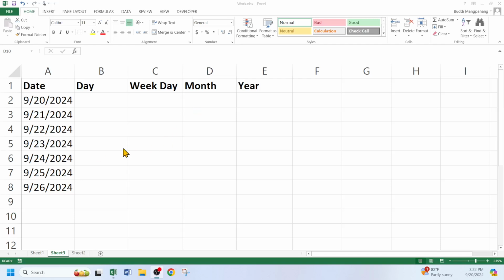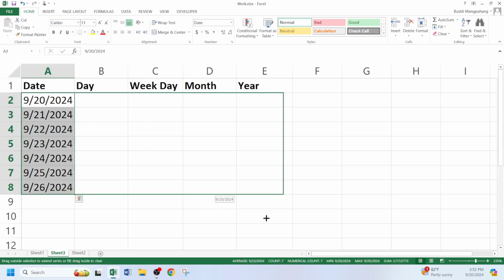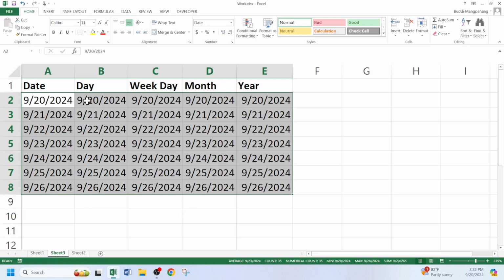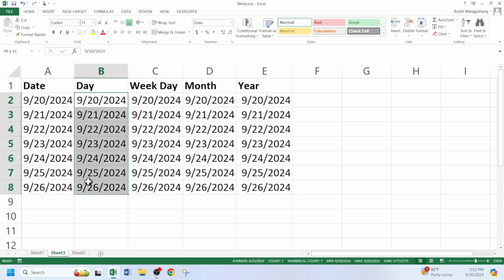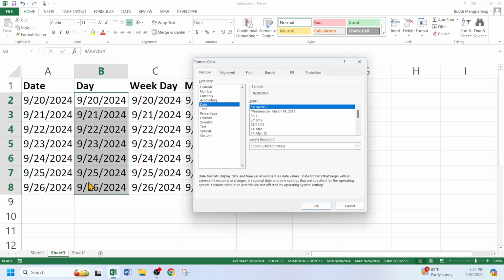Today we're gonna learn how to format a date that shows only day, weekday, month and year. So select the data, drag it to the right. Now select the date of the day column, hit Ctrl 1 and then